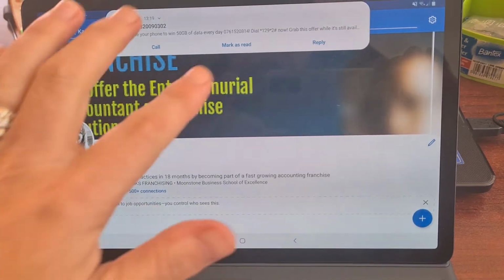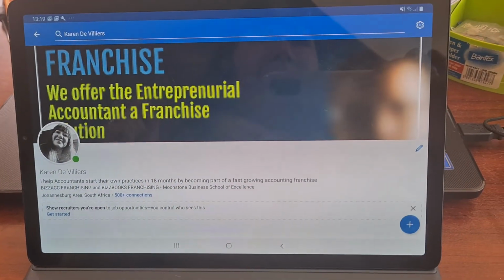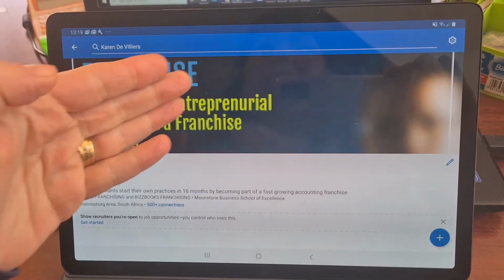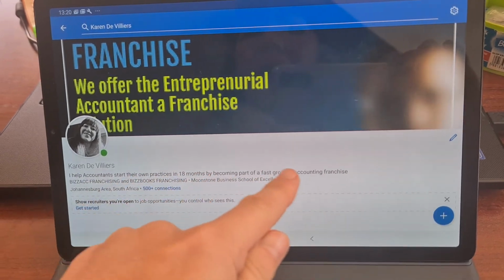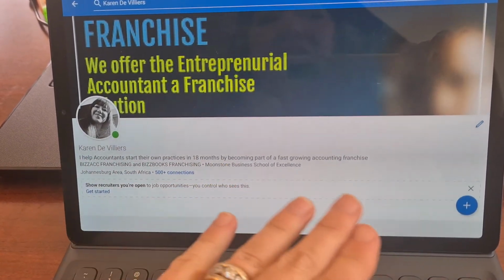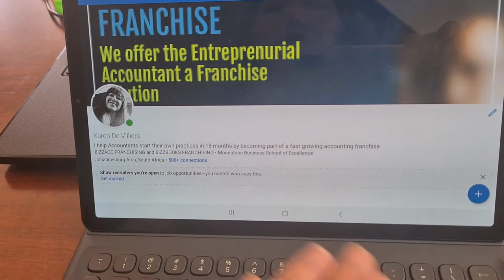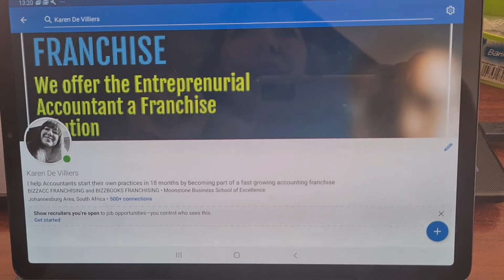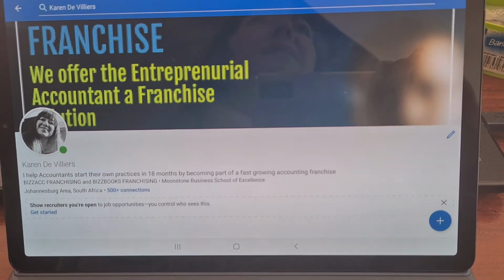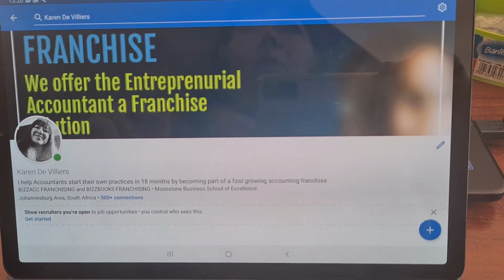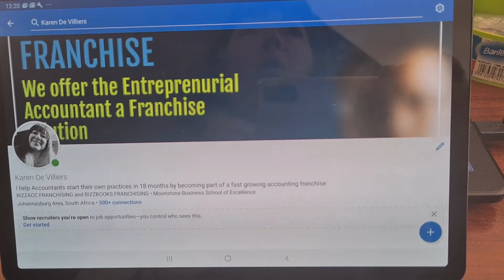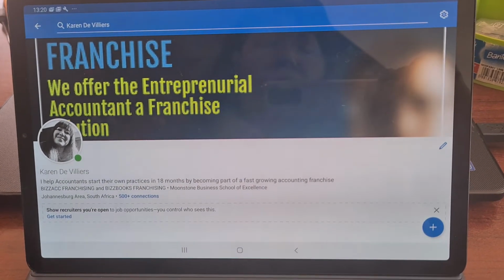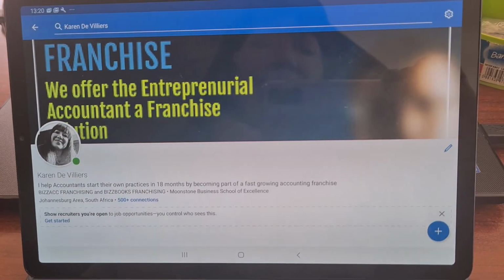Again, if you want to specifically grow your financial management business, that is what you're going to be doing. You're going to put financial management services on here. You're going to talk about how you assist clients to improve their cash flow and their profitability within 2 years or 1 year or whatever. And you're going to target your connections specifically. You're going to look for entrepreneurs that have businesses that are at least 5 years old, that have at least maybe 10 employees. And so you can really look at that kind of specifics on LinkedIn and add those connections,